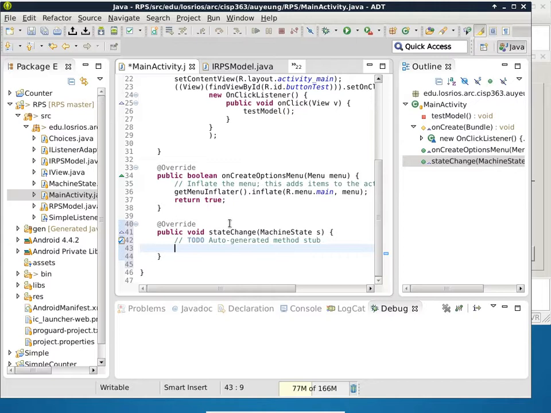Okay. Now when we first start with this one, maybe we should just be a little bit modest and make it very simple and not do anything too complex. Maybe we just show on the screen a message corresponding to the current state. So that's exactly what we're going to do here. And the quick and easy way to do it is to use a switch statement. So I'm going to switch the state as here and say case machine state